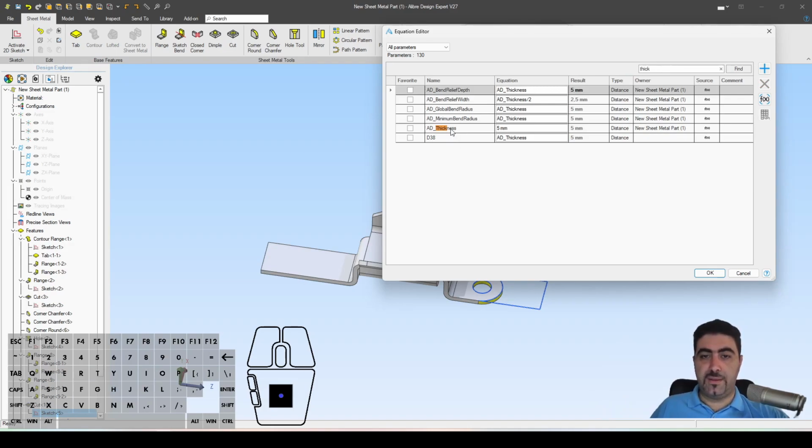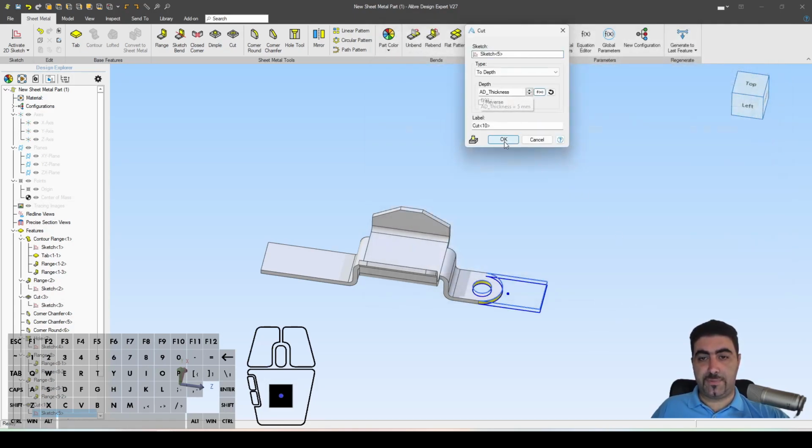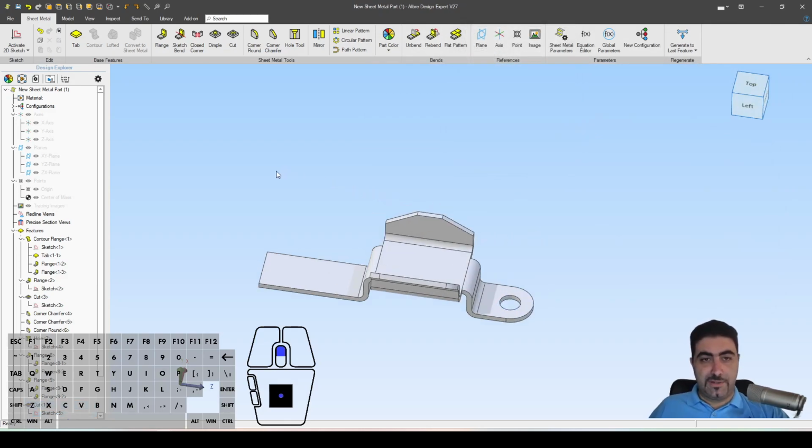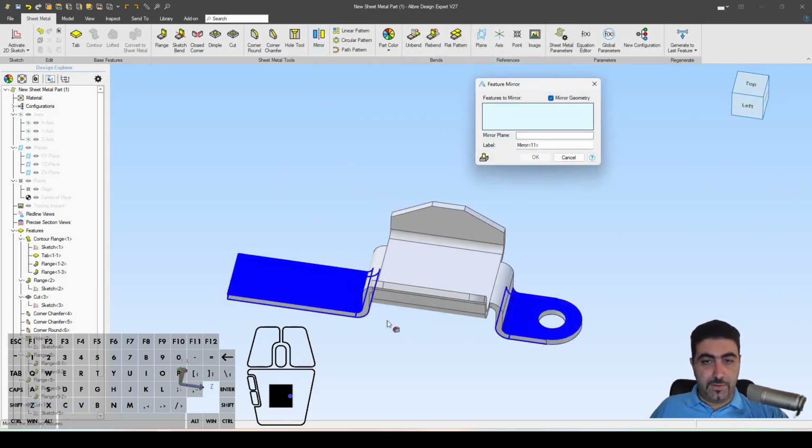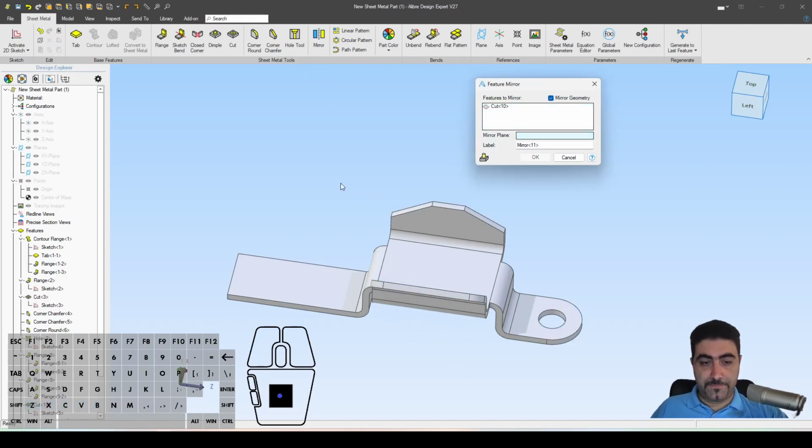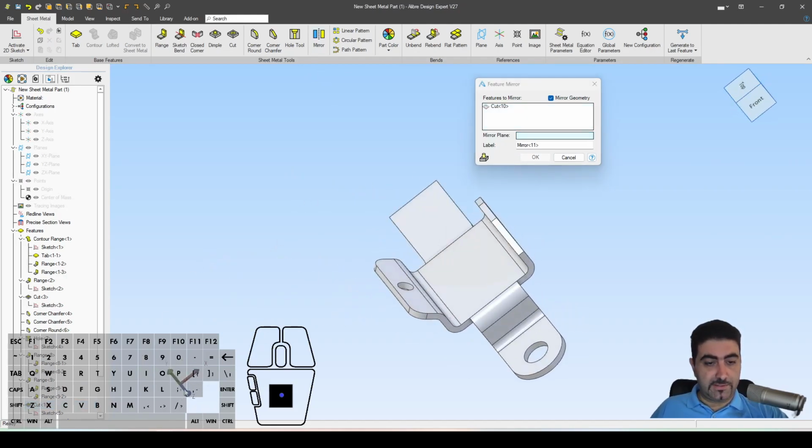So you type thick, it brings up everything that has the word thick in it, and you say, yes, this is it, AD thickness, click OK, and now it's plugged in here. So that was a little tip, and then we will mirror this cut along the XY plane, which is the plane we started